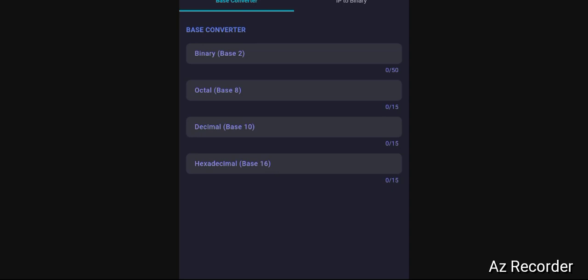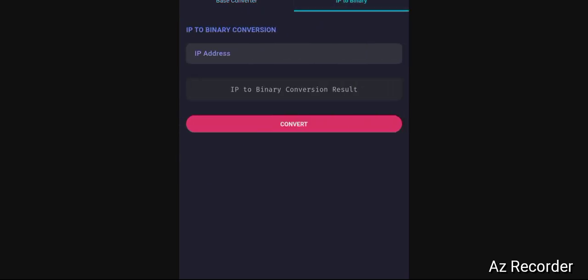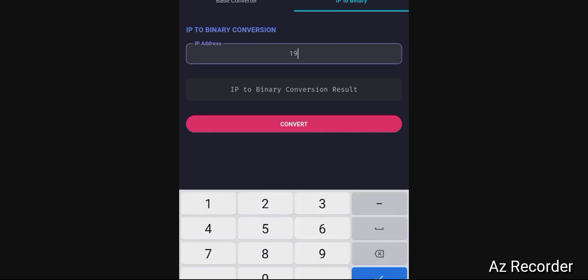And the private range is 192.168.0.0 to 192.168.255.255. If we come here again to the base converter, here we have binary base 2, octal base 8, decimal base 10, and hexadecimal base 16. And here we have IP to binary conversion, where you can type everything.